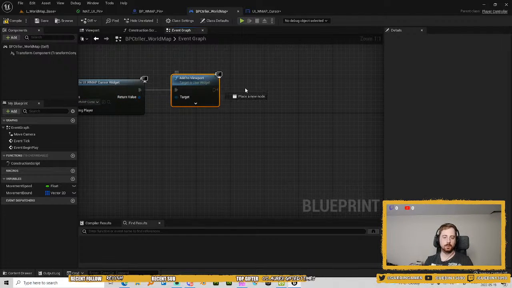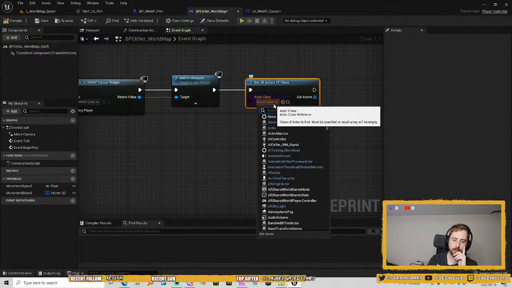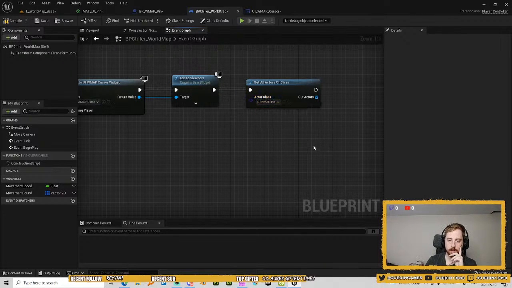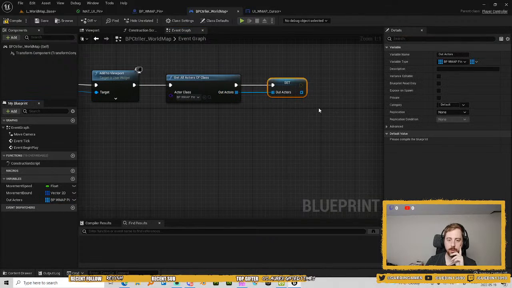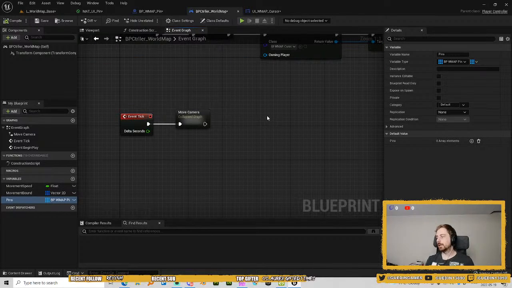So at the beginning, I need to get all actors of class, and I want to look at the PP pin, and I'm gonna put that into a variable that I'm gonna call pins. All right. Then what I'm gonna do is... all I need to know. Yeah, but that's the thing, there is a rotation in my camera, so